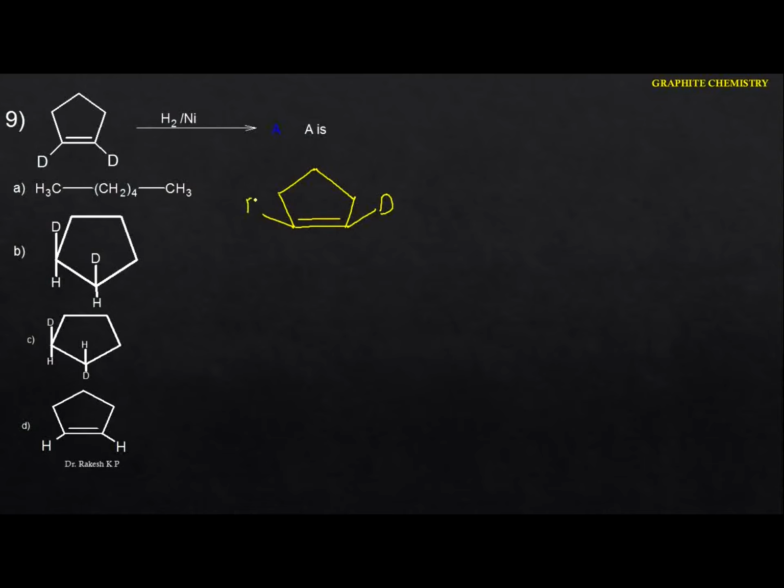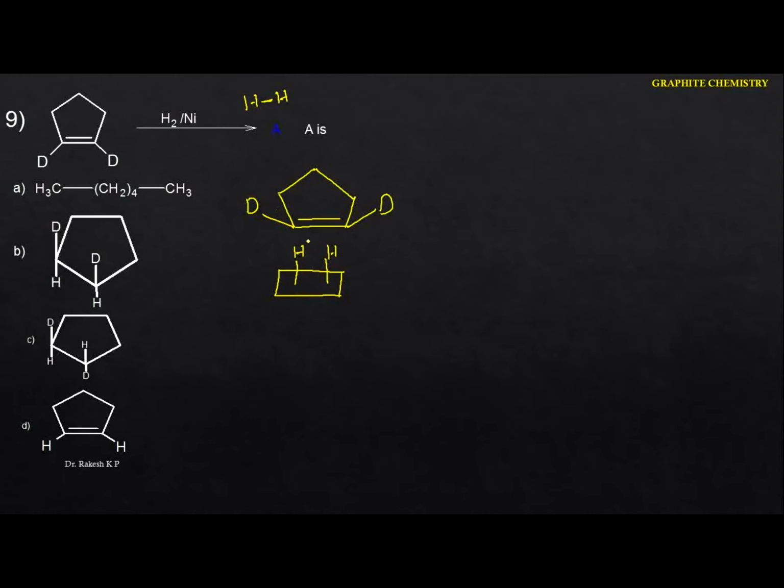But during the catalytic hydrogenation, consider this is the nickel. This is a catalyst. On the surface of the metal particle, we are having hydrogen. Just identify this one here. If you do the hydrogenation directly, it is very difficult to break the hydrogen to hydrogen bond. But when the reaction proceeds in the presence of the nickel catalyst, the hydrogen gas is adsorbed on the surface of the metal, and now the hydrogen molecule becomes atoms present on the surface of the metal.